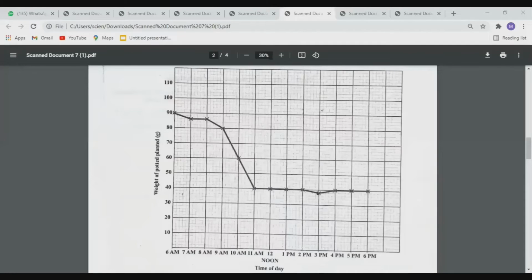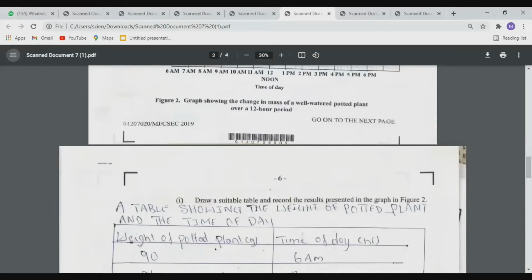So at 6 to 8 a.m., we would have a low temperature, and that should mean that the transpiration is low, meaning that the loss of water is low. It's also early in the morning, so the sun is not so bright, so we won't have a lot of transpiration happening. And also because it's early, the atmosphere would be humid, so the atmosphere would be moist. All right. So for the next question,